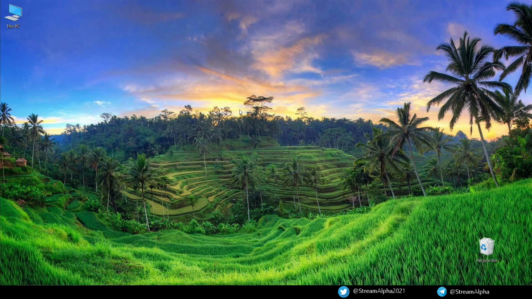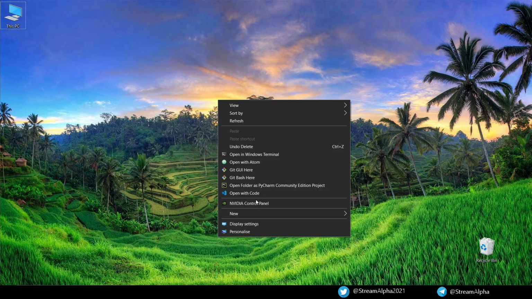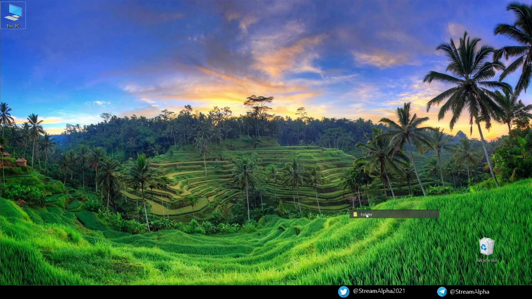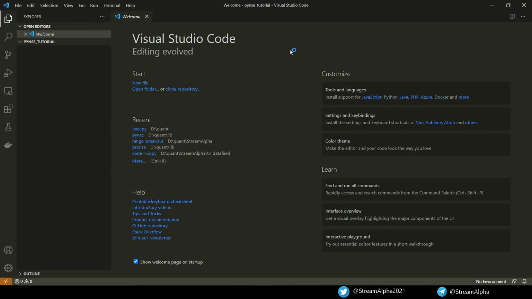Now to use PyNSC, open the IDE of your choice, preferably either Jupyter Notebook or Visual Studio Code, because both of them support interactive Python. If you are using Jupyter Notebook, make sure that you have set the right environment where we installed PyNSC. I am using Visual Studio Code.